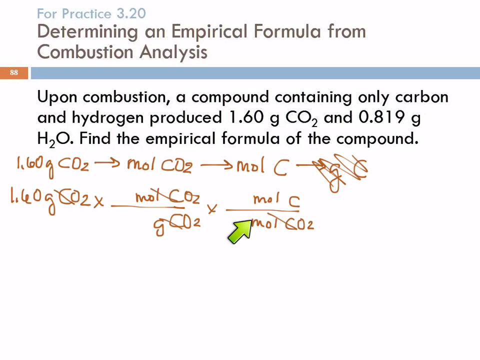This moles of carbon to moles of CO2 comes from the chemical formula. There's 1 carbon in 1 molecule of CO2. How do we get the number for this first term? We need the molar mass of the compound. So I'm going to write that out down here,